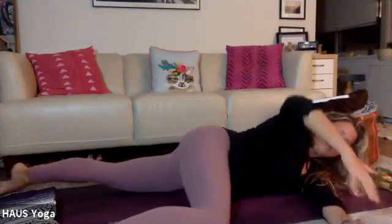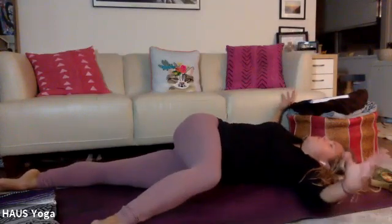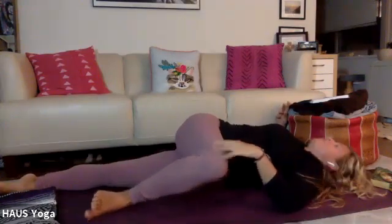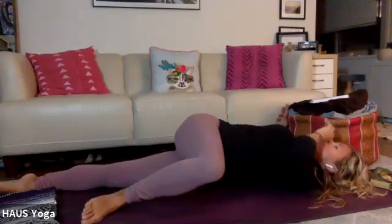So your left arm is going to reach underneath the body. So right knee is lifted, left arm threads under, and start to draw your left shoulder in the direction of the right side of your mat. So that from there, you can open your right arm into your first spinal twist, rolling all the way open